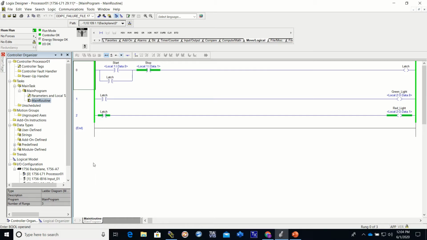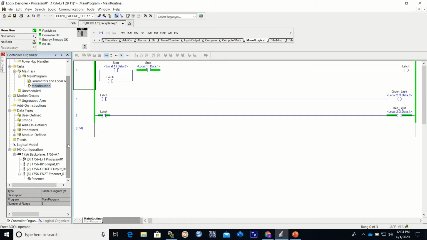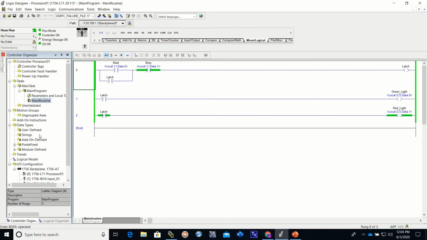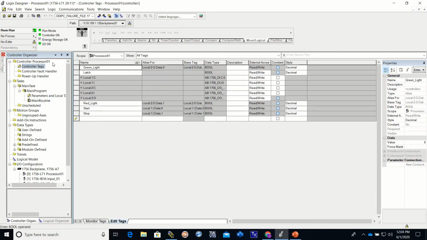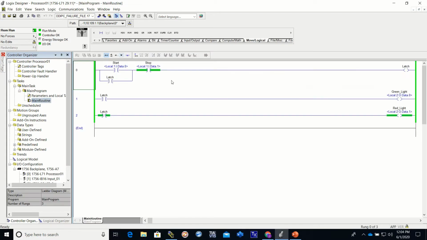So, if you remember, a quick review. First video, we set up the card. We set up the chassis with all the cards that are in it. Second one, we created tags, and they were all bools. Third one, we created a program. And in video number 4, we actually showed you how to download, run the program, and monitor it. Now we are going to